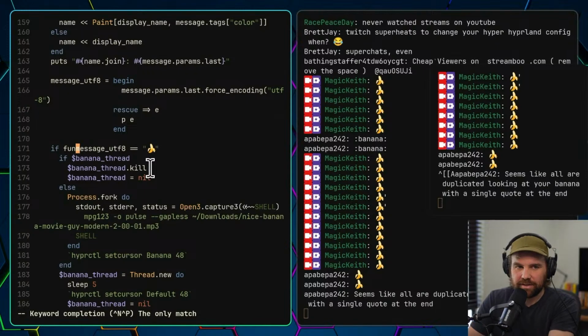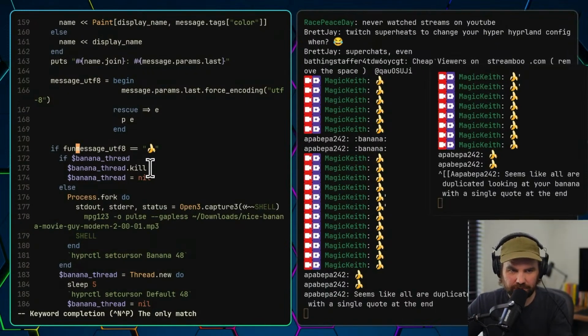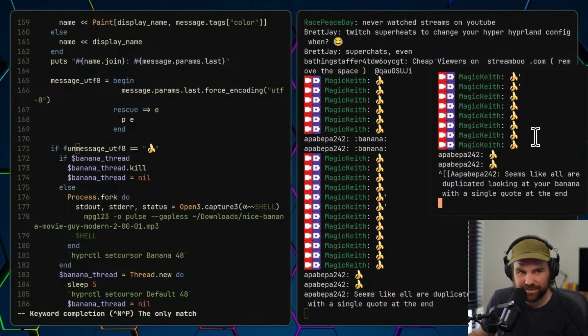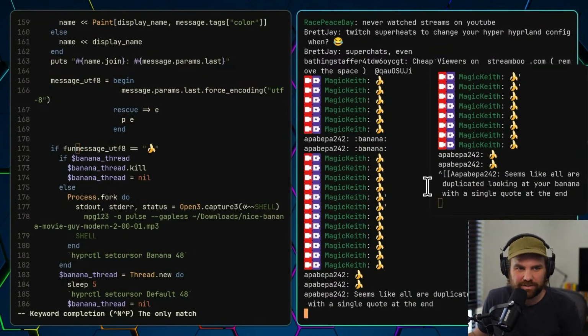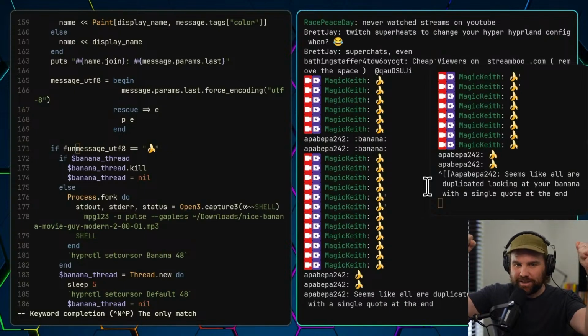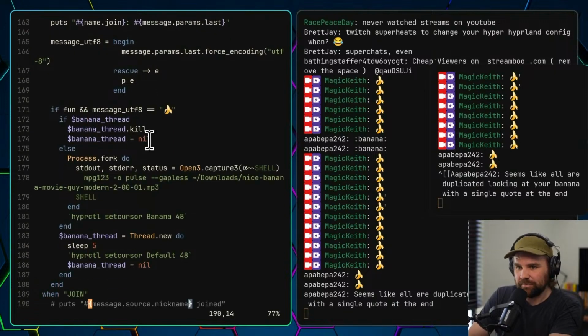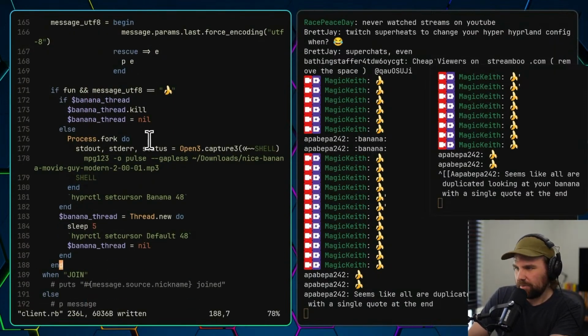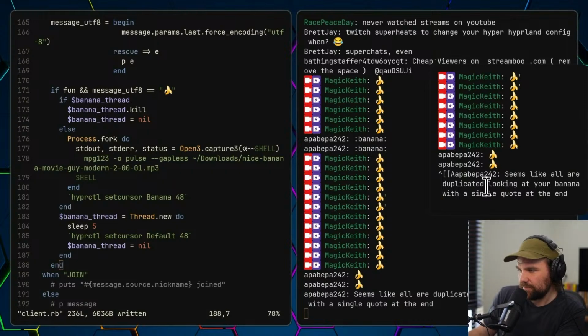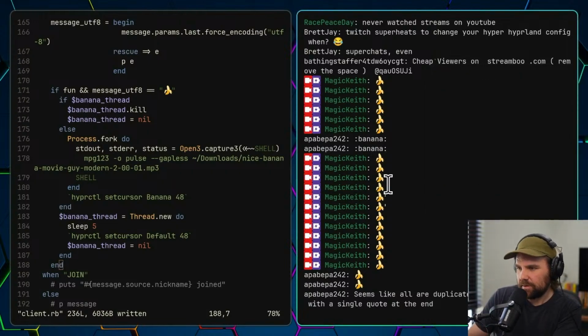You know what it is? It's because I'm running 2 versions of the friggin' client. That's the problem. I've got this client here and this client here running, so it's actually writing twice to my cache. That is why. Thank you for pointing that out. That's exactly the problem. I shouldn't be running 2 of these things. All right, so that's gone.